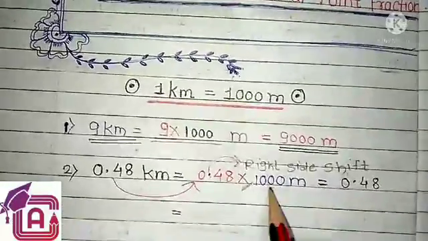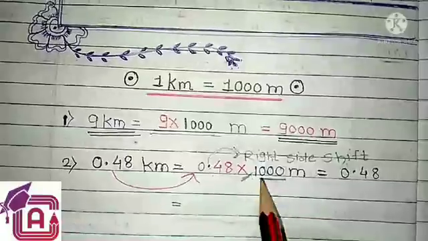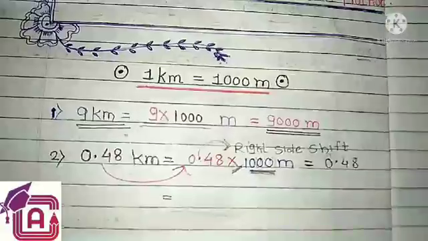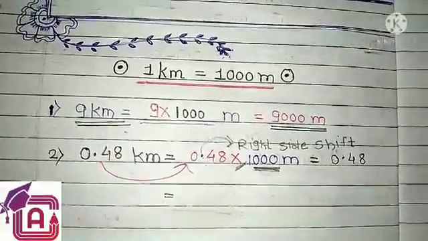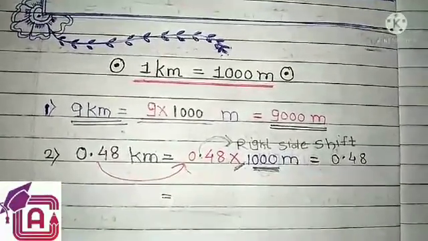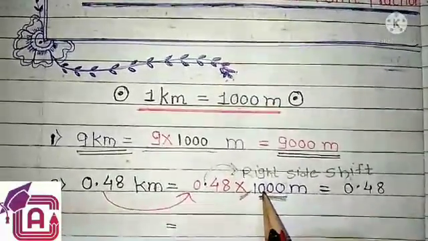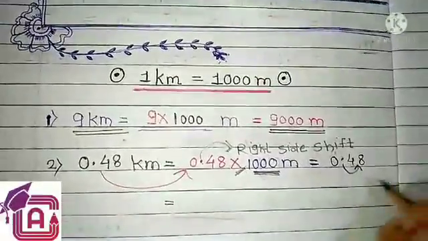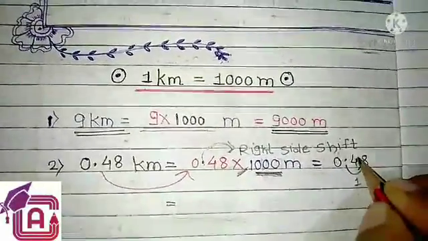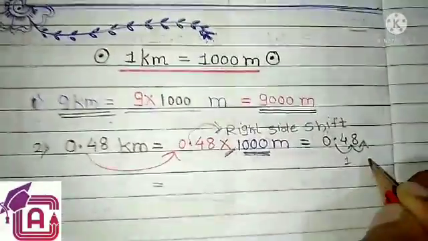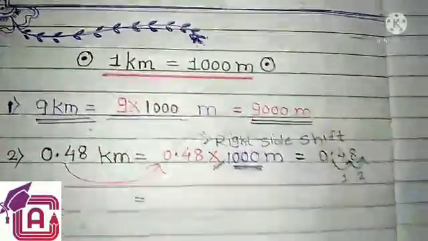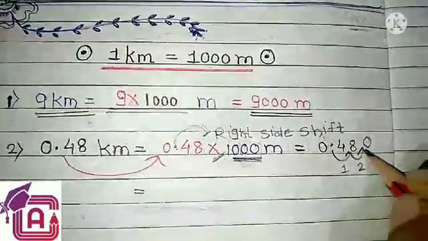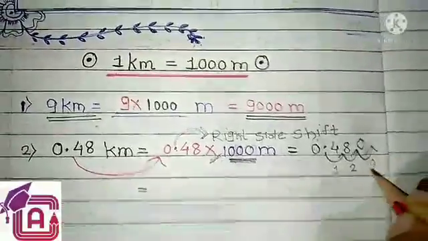How many places? It is equal to the number of zeros present in the given term of multiplication. That is, if 10 is there, we shift only one place. If the number is 100, shift 2 places. So now here how many places do we have to shift? 1, 2 and 3. The point comes after the 4, this is the first shift. Then it goes after the 8, and we have to shift 3 times. The number is not there, so we write down 0, and that is the third shift.